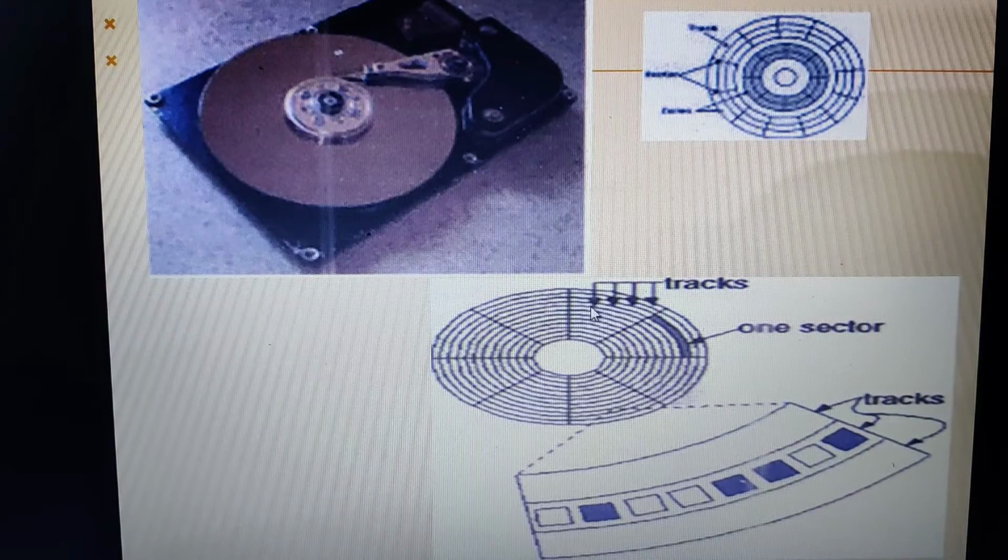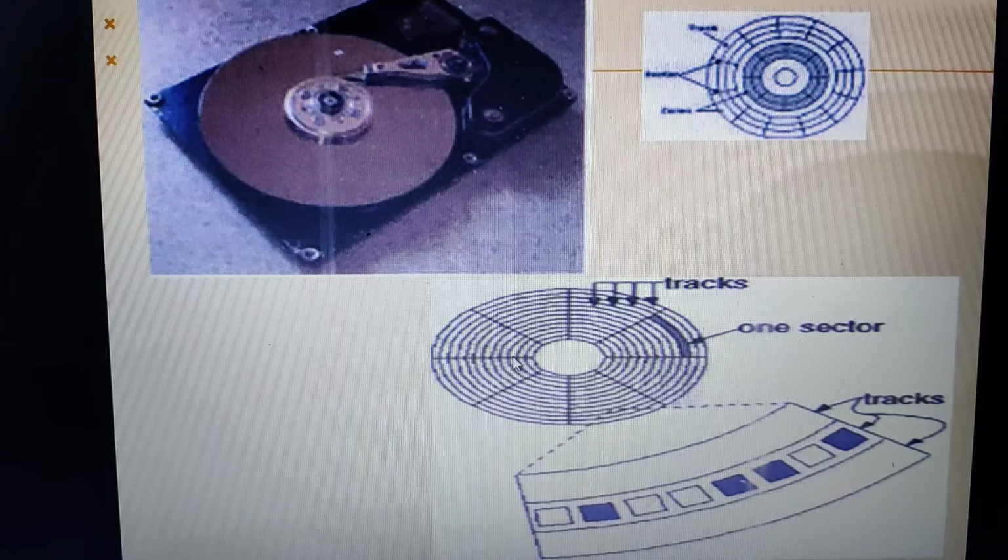Maybe whatever the audio file you have chosen, maybe that audio file content is there in this particular sector, maybe somewhere here. So whenever the user gives the command and whenever the disk receives the command, maybe in terms of read or write, there is certain delay until this particular sector reaches this particular read or write head. See, once the sector comes under the read or write head, that time the read operation will be performed, or either the write operation will be performed depending upon what command is being given. So that delay that has been caused, we refer to as rotational latency.